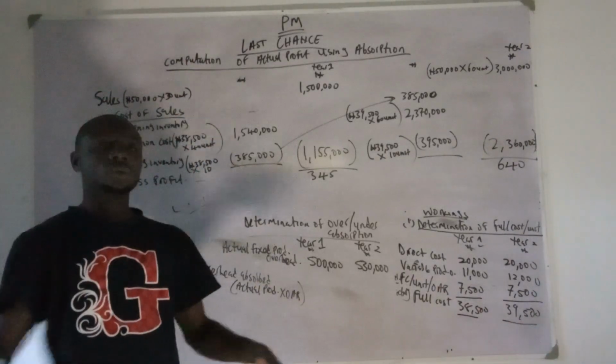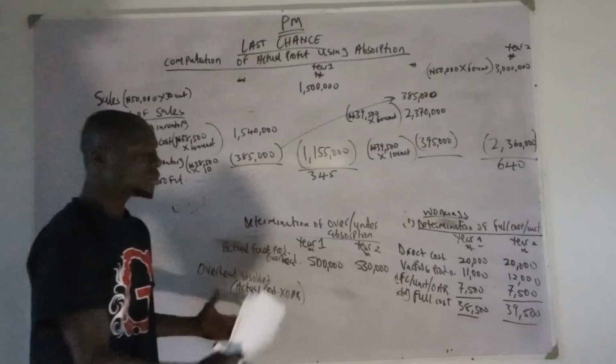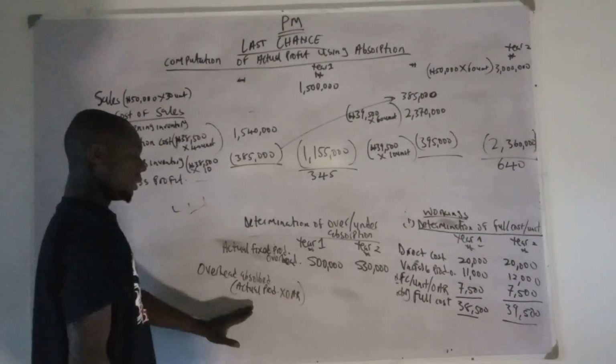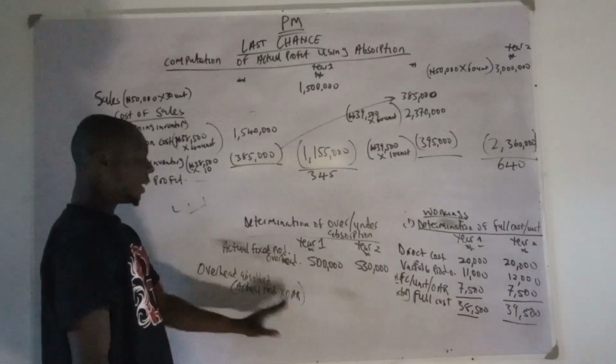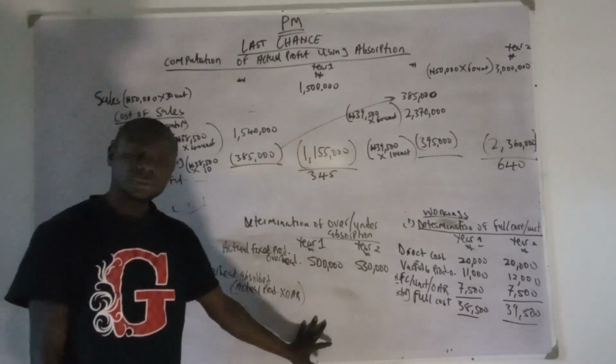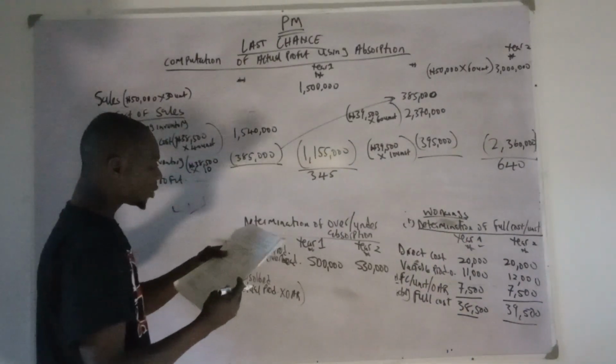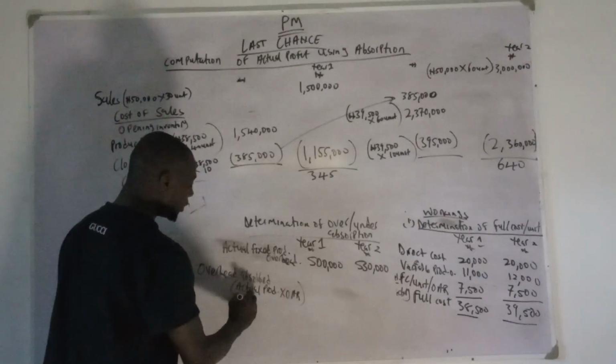So when we get to variance analysis, we'll still talk more on over and under, right? Now, in this case, this is the actual production overhead. This is how it is being calculated. Now, what is the actual production for year 1? Actual production for year 1 is 40 units